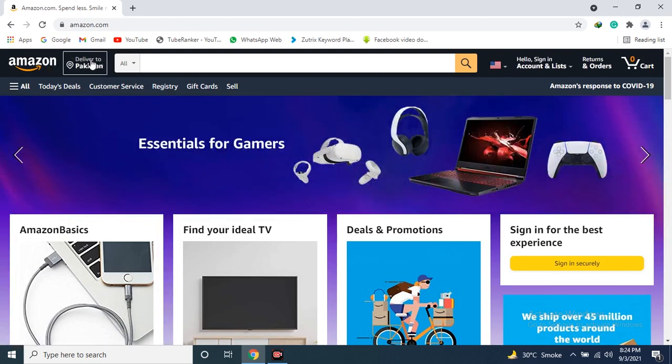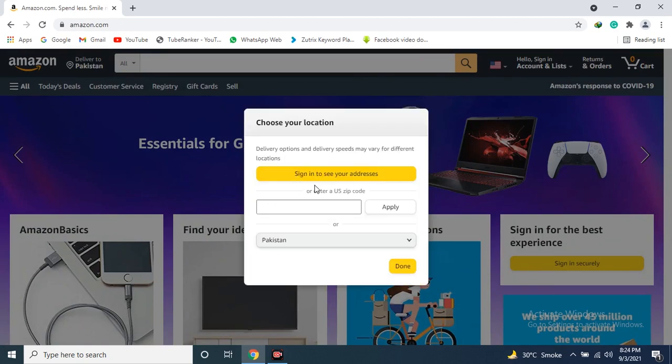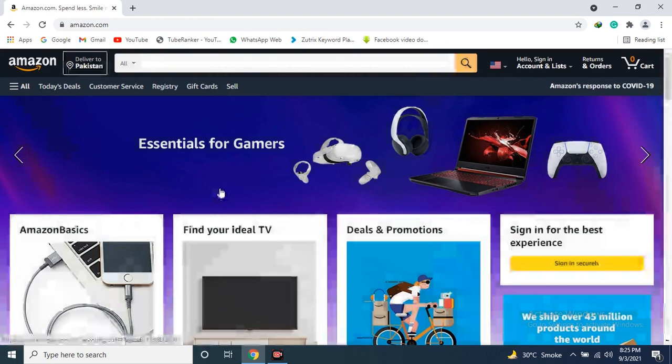On the top left side is the Amazon regional official logo. This is the bar which lets you travel to any country. Select, then choose your sign in to see your address, and you can search for what you want, and choose the country where you want to ship your product. Okay,